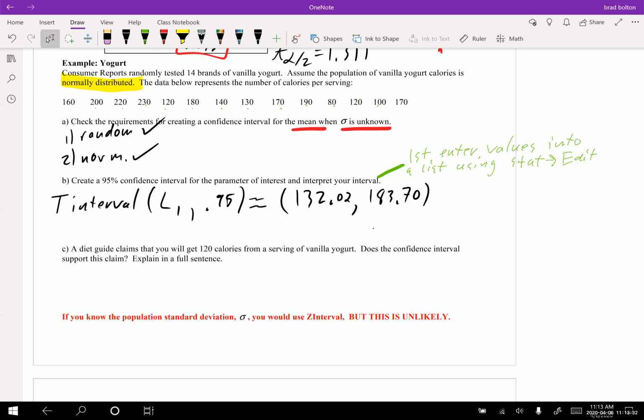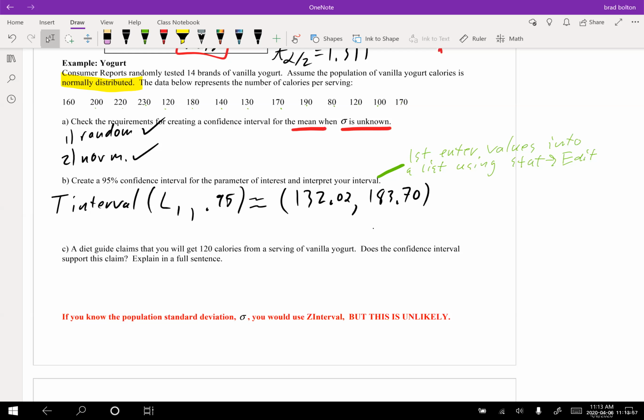So now it says, a diet guide claims that you will get 120 calories from a serving of vanilla yogurt. Does the confidence interval support this claim? Explain in a full sentence. So now think about what this confidence interval is saying. Check the requirements for creating a confidence interval for the mean, okay, found in vanilla yogurt, 14 grams of